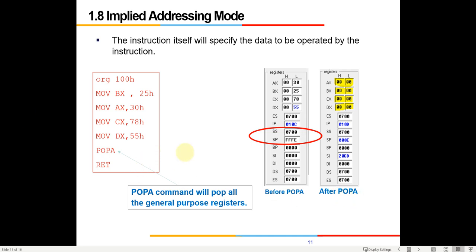Can anybody say in what segment, and how do we compute? Nobody? You learnt it in the theory, right? When we do a push command, all these register data will be pushed into the stack, right? So how do we compute the address? Yeah, it will be in the stack. So this is the stack segment, right? And after the stack segment, whatever is the stack pointer, you compute these two values, you calculate the offset,